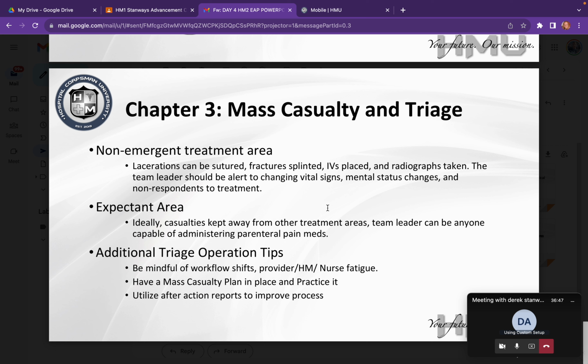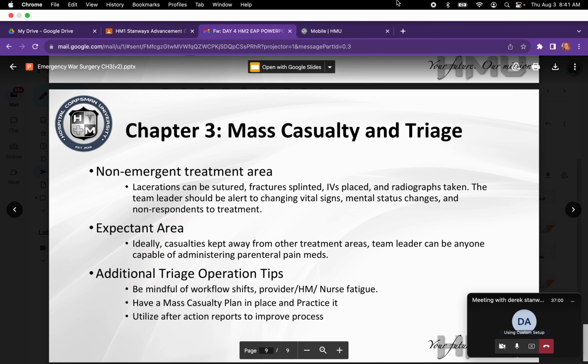Additional triage operation tips. Be mindful of workflow shifts, provider and nurse fatigue, have the mass casualty plan in place and practice it, and utilize after action reports to improve the process. Alright, so